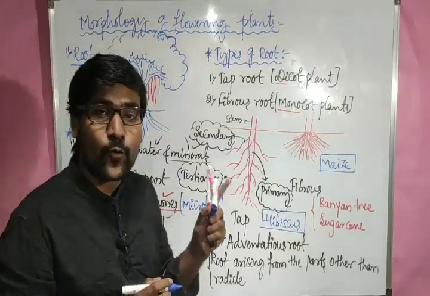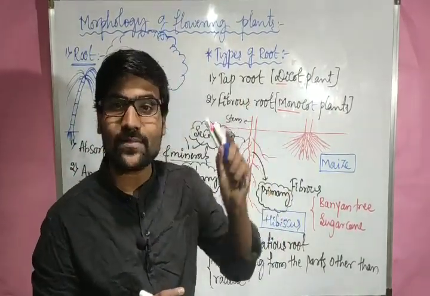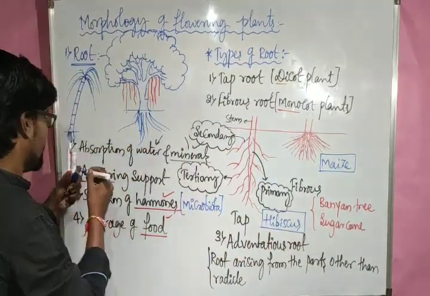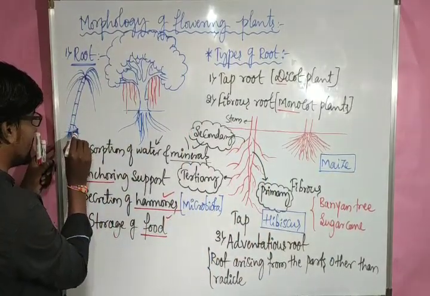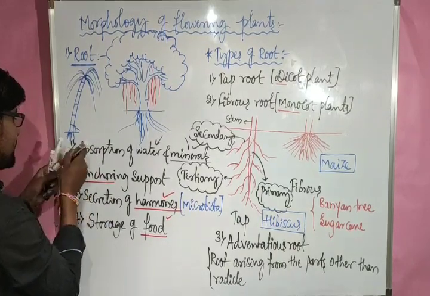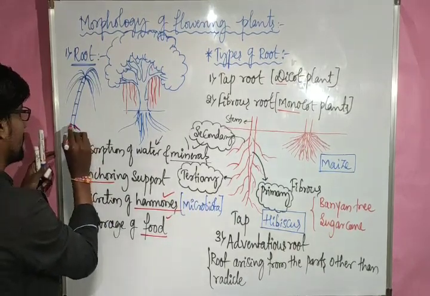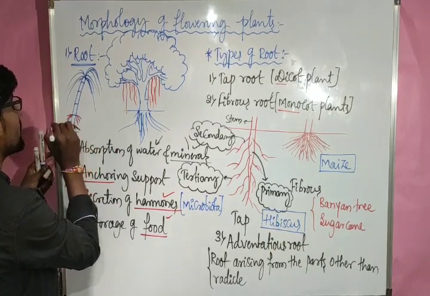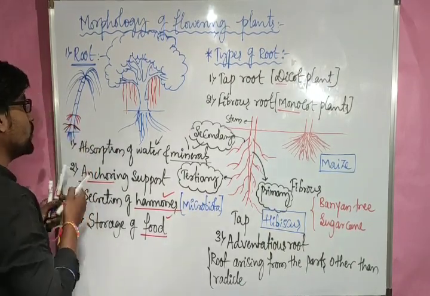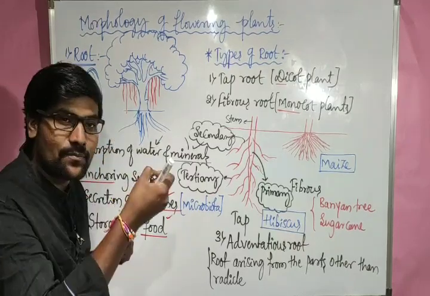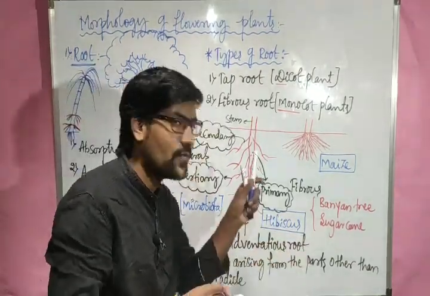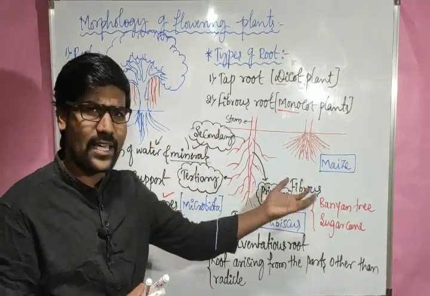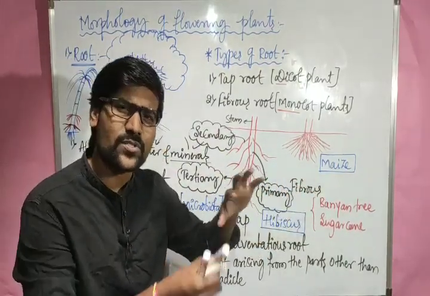Nodes. Presence of nodes and internodes is the major feature of the stem. So from the node region some roots are produced like this in the case of sugarcane. And these roots, since they have arisen from the stem, are also considered to be adventitious roots. In that sense, we can see the function of these adventitious roots in a different manner.